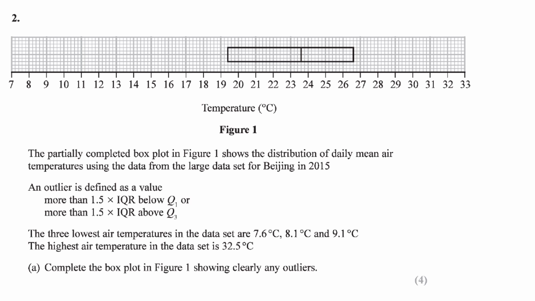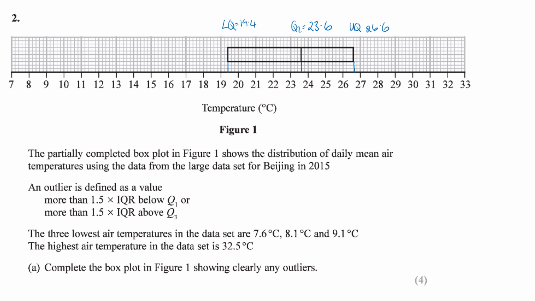Okay, next we've got a box plot question, and we've got part of the box plot filled in and we've just got to fill in the rest. So at the start of the box here we've got the lower quartile, which reading off here is 19.4. We've got the median here, which is Q2, which looks like it's 23.6, and then we've got the upper quartile here at